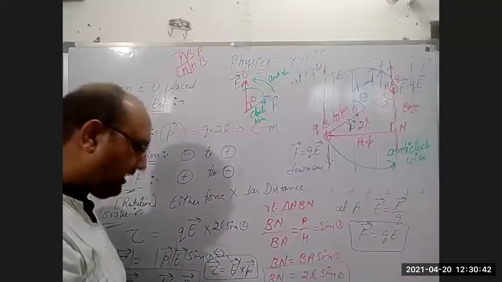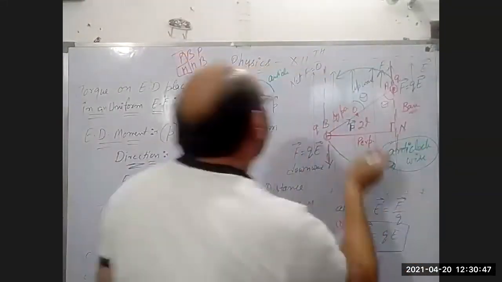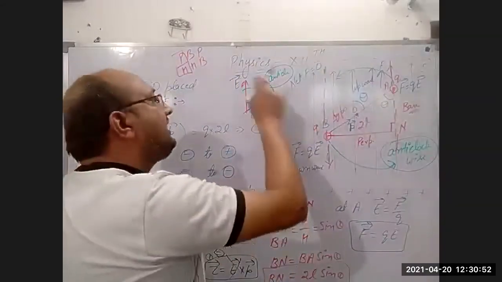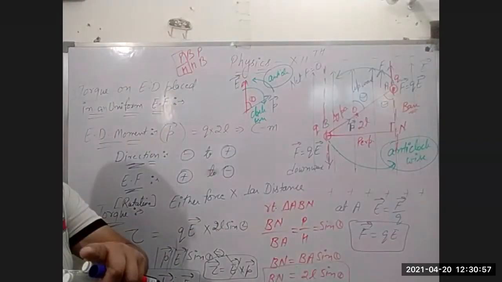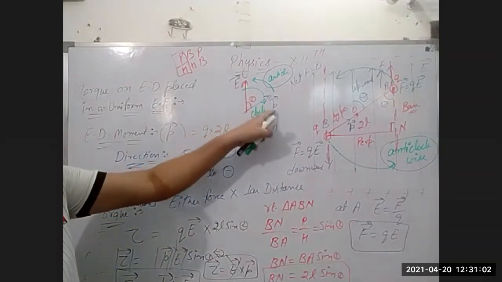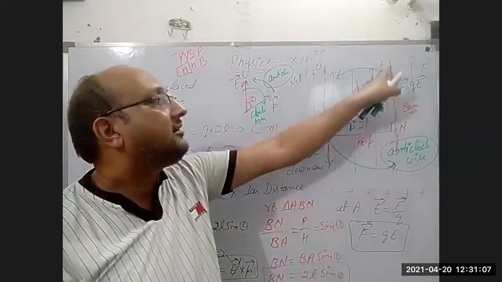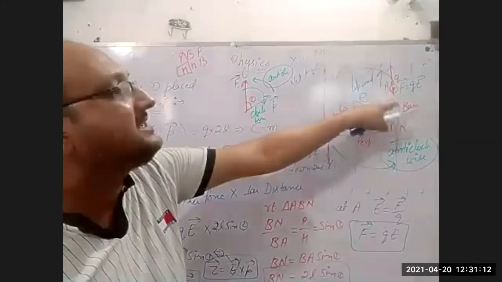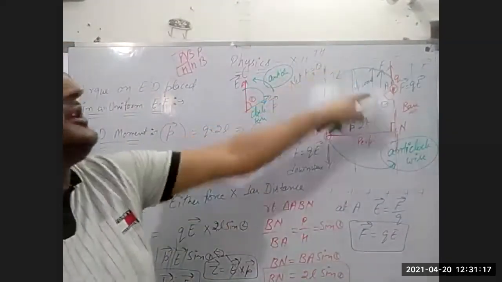So now your answer is here. This is anti-clockwise. We have to use anti-clockwise. That's why we have to take P to E, not E to P. Because if we take E to P, it means the direction of torque is clockwise. But we have deeply studied that the direction of torque in this case will be anti-clockwise, because all the logic is there.